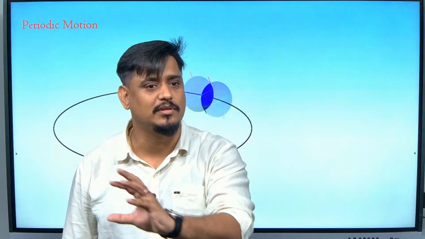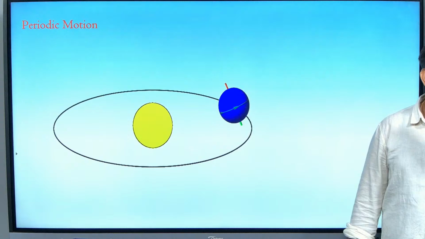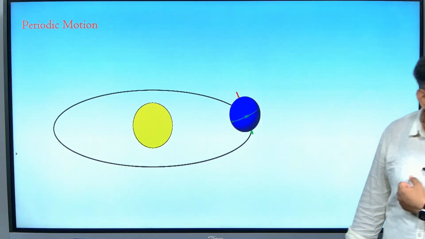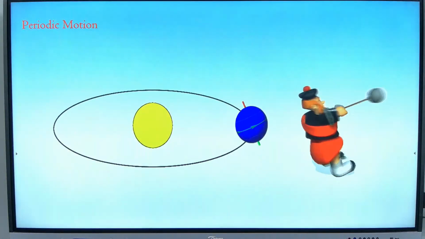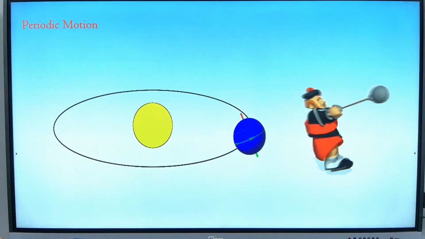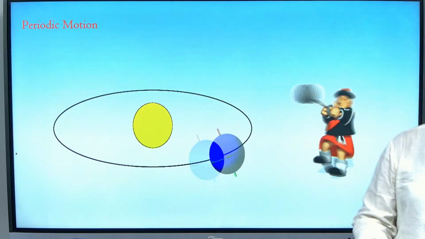So as somebody said, and it is true, periodic motions are those which repeat themselves in a certain interval of time. If you consider Earth moving around the sun, every 1 year it completes one round. Every 365 days you will be able to see that Earth is taking one round of the sun, isn't it? If you talk about this person, can we say he is in periodic motion? Obviously, he is in periodic motion because it is computerized. In reality, we cannot make it periodic, but it is made by animation, so it is periodic.